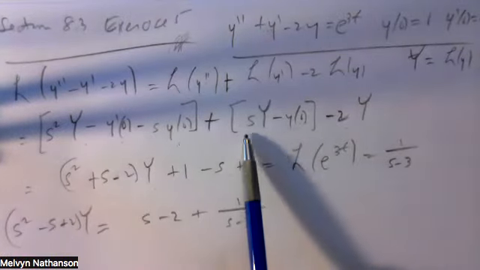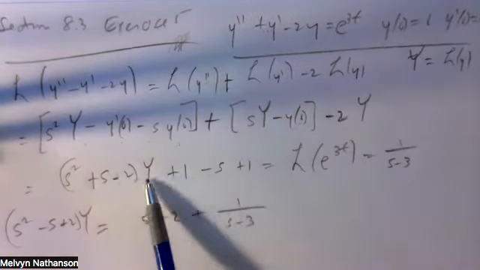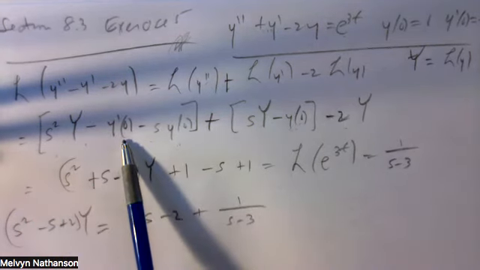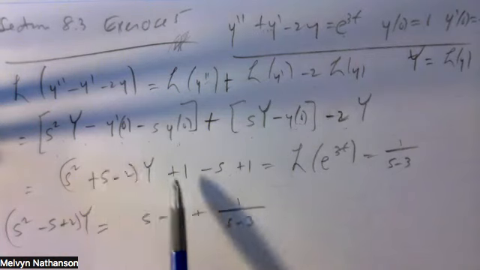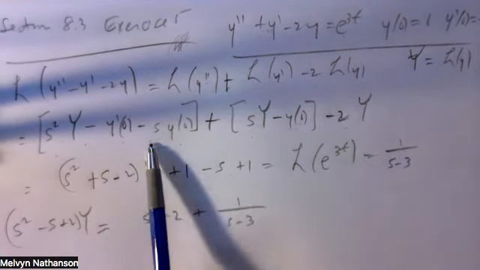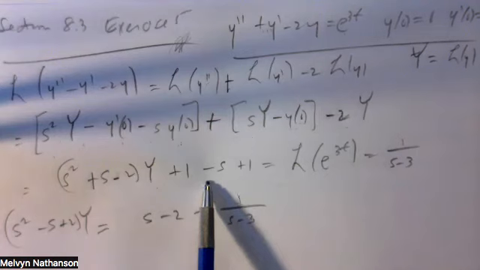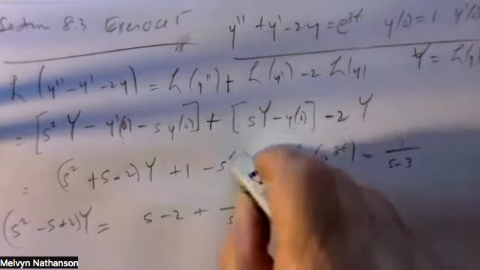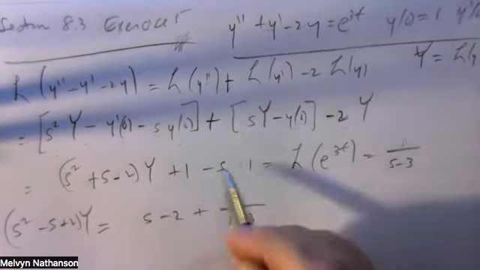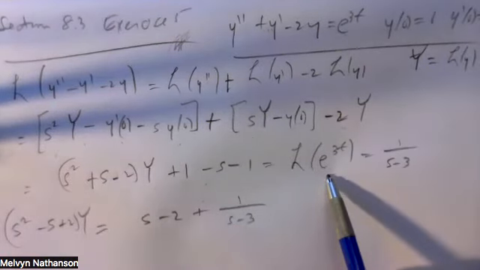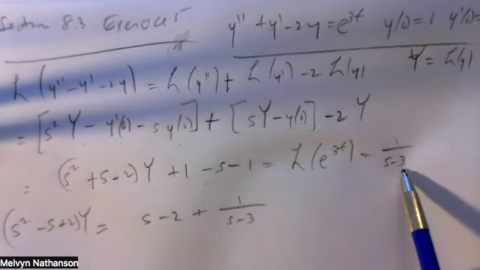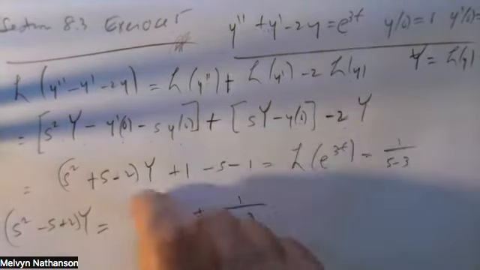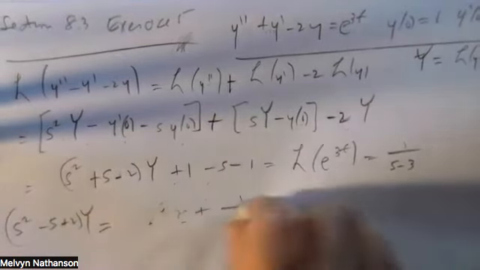So it's s squared plus s minus 2 times capital Y, minus y prime of 0, which is minus 1, so plus 1, minus s times 1 is minus s, minus y of 0 is minus 1, equals the Laplace transform of e to the 3t, which was 1 over s minus 3. So this is just minus s. So when I bring this over to the other side,